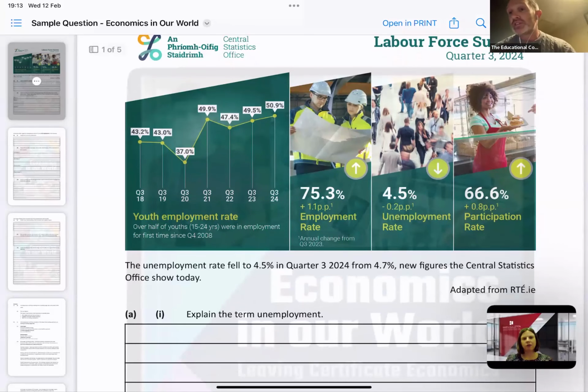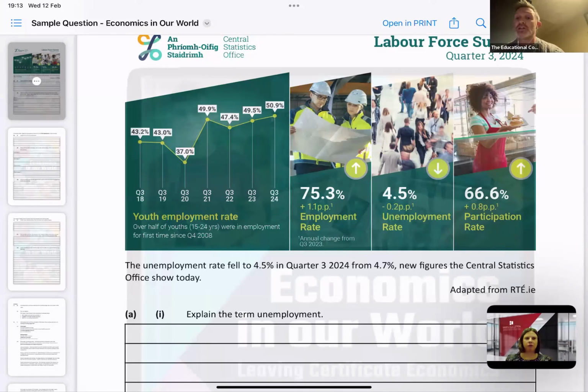So again, from seeing these infographics, it is important that they're familiar with that terminology before they go into the exam. And another thing the SEC are doing, which we've seen since the new spec, is they like to have an entry point or a quote from RTE, The Economist, the New York Times. They've brought it from lots and lots of places. And I've just taken one here from RTE.